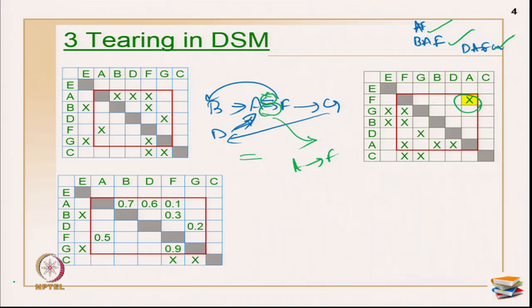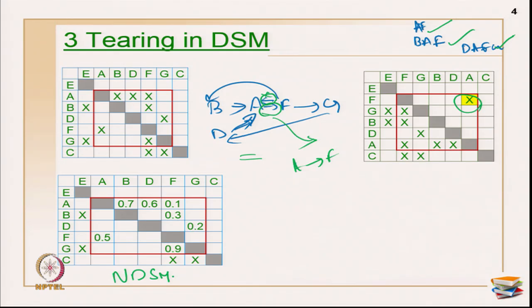Now, I am going to go with the NDSM. This is primarily called NDSM, which is nothing but the numerical design structure matrix. I have got all the values within my block, because in tearing you are going to find the sequence within a particular block. I know these are all the loops which I have, so I am going to break the weak links. I have put in the values of all these relationships, and I am going to break the weakest link.